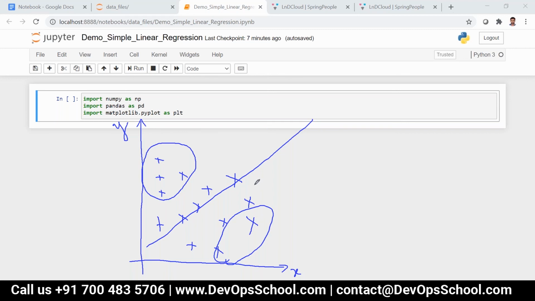So error is inversely proportional to accuracy, right? The simple linear regression model is the very basic model to predict. Apart from this, we have multiple linear regression and then polynomial regression and so on, which we will see one by one. First we are going to talk about simple linear regression.